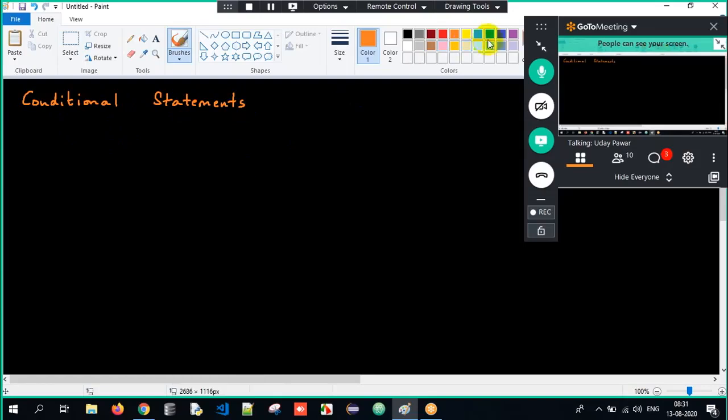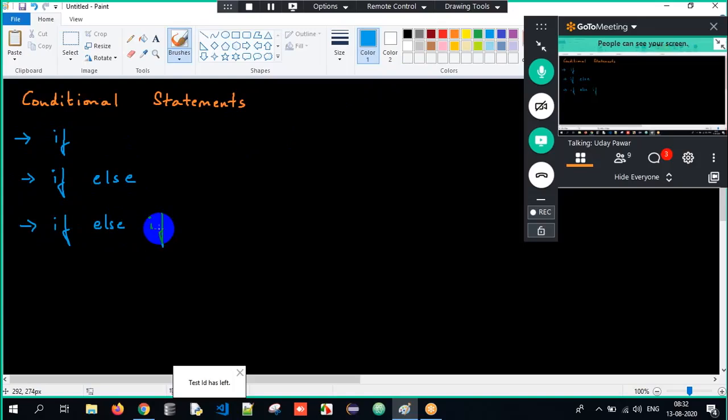Okay, so now, what are the different things we saw? If, else, and if, else if. Okay, so these were the few decision making statements which we have seen in yesterday's session. Now, what is simple if, guys? Simple if meaning we are concerned only with the positive scenario. If and else, only positive and negative scenario. If else if, when we have multiple conditions to be checked,